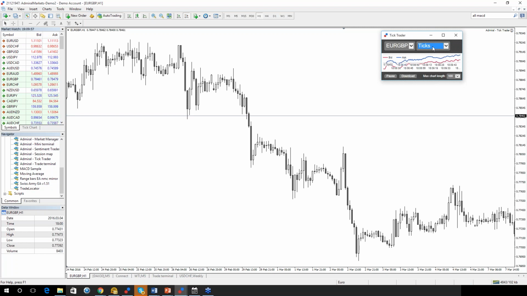So in other words, the chart is updated wherever there is a change in either the bid price or the ask price. So whenever there is a change in bid or ask price, the chart will be updated. The amount of time between each point on the chart will vary depending on how active the market is. Now, if you click on tick speed, then